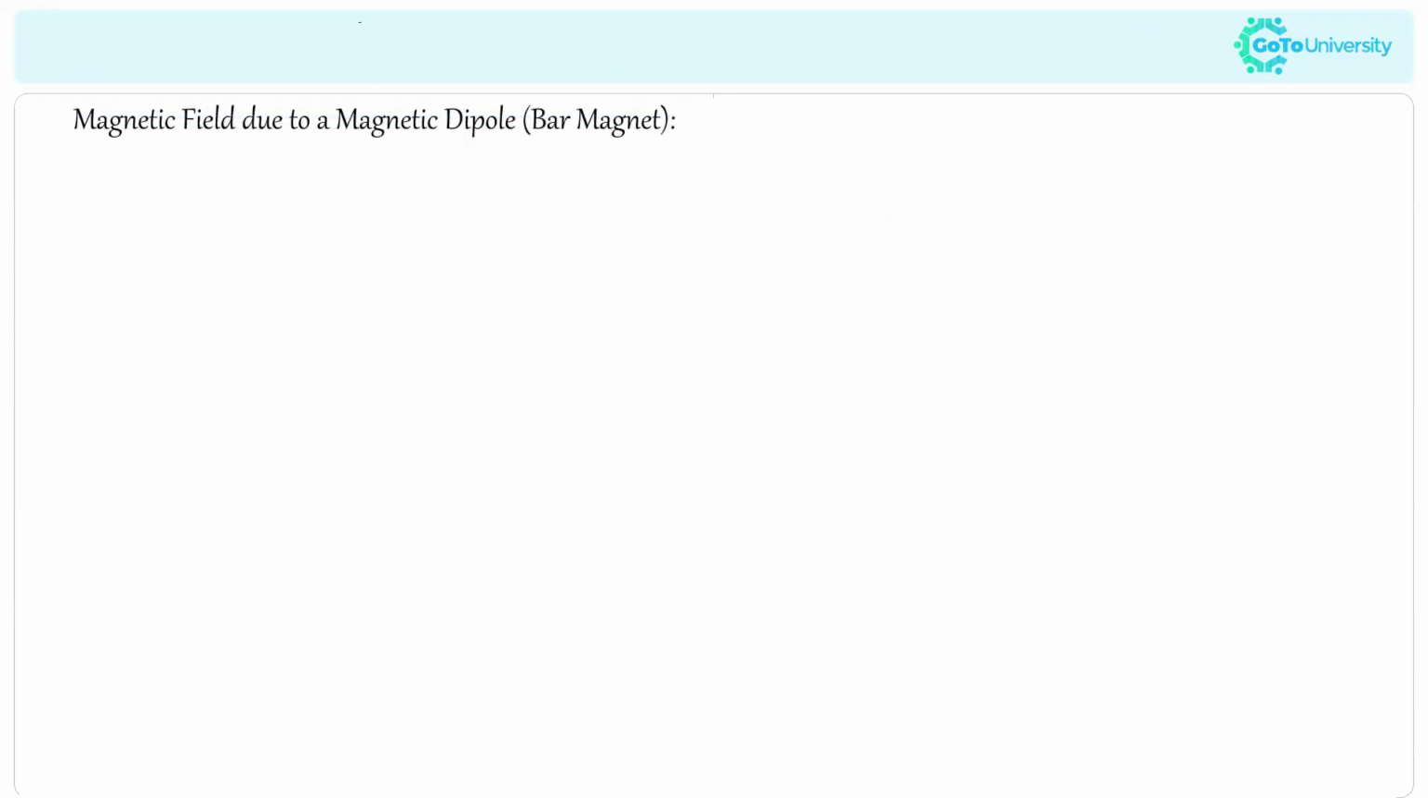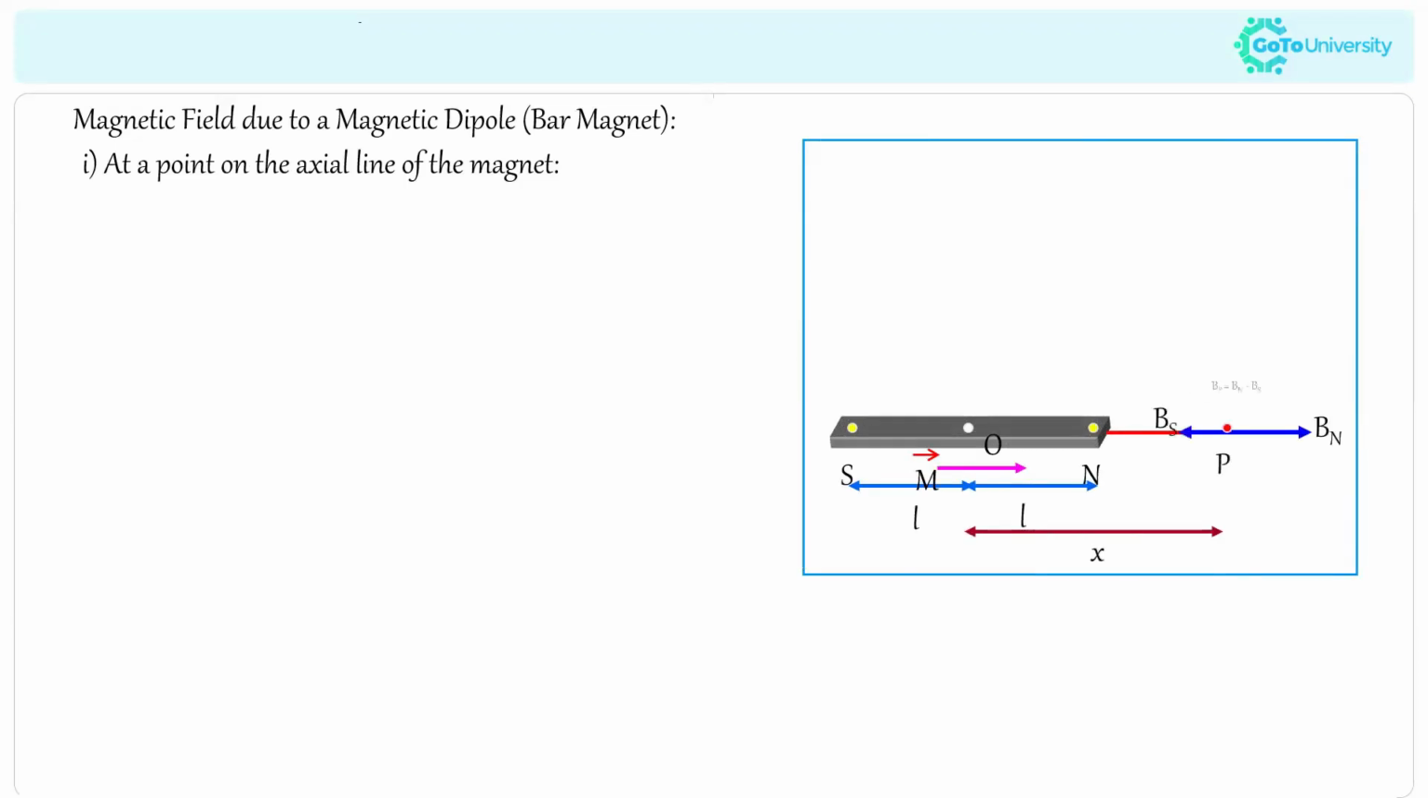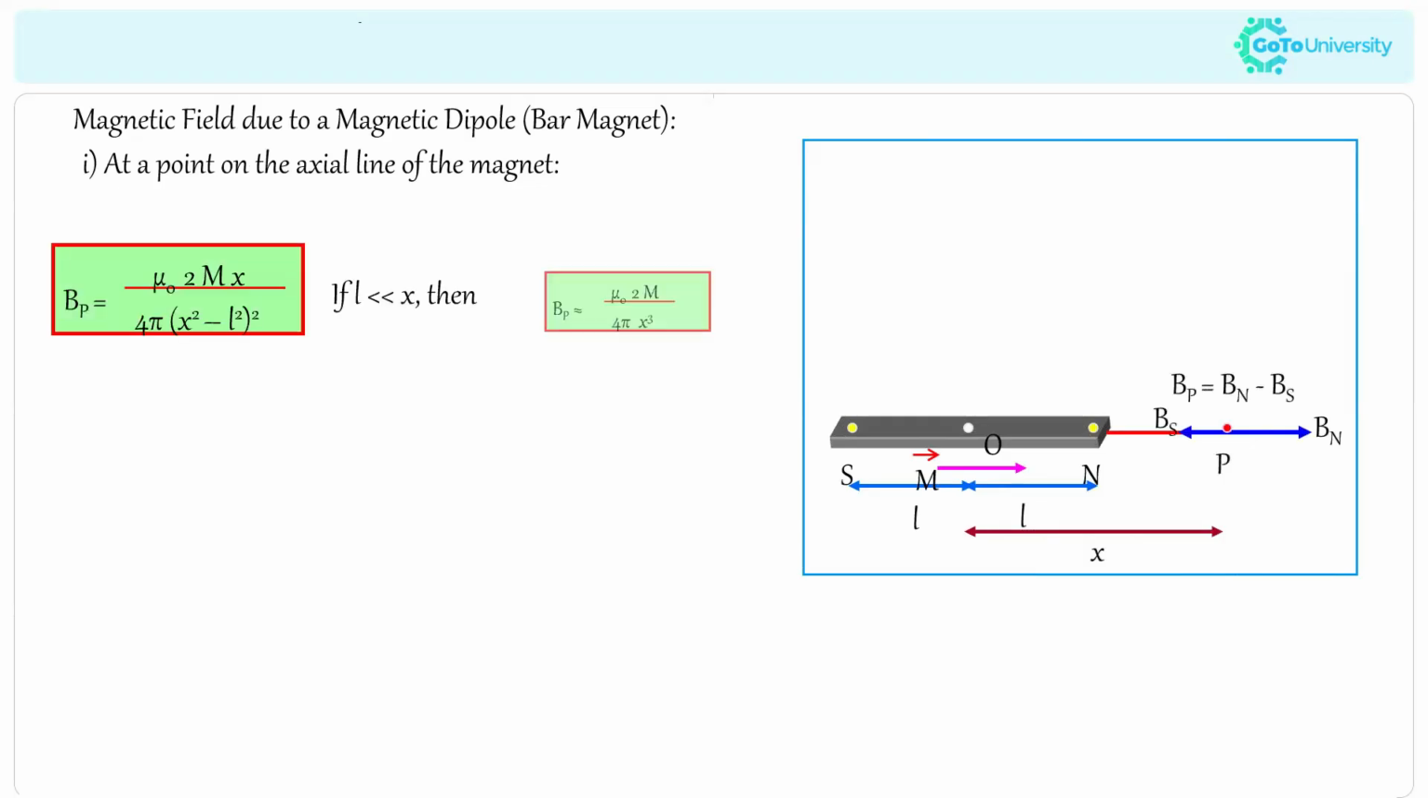So now the magnetic field due to a magnetic dipole. For example, if we are taking a bar magnet, we will have two cases. First one, at a point on an axial line of a magnet. Here we will have two formulas as a final thing. So the magnetic field will be equal to mu naught times 2 m x divided by 4 pi, (x squared minus L squared) whole power 2,